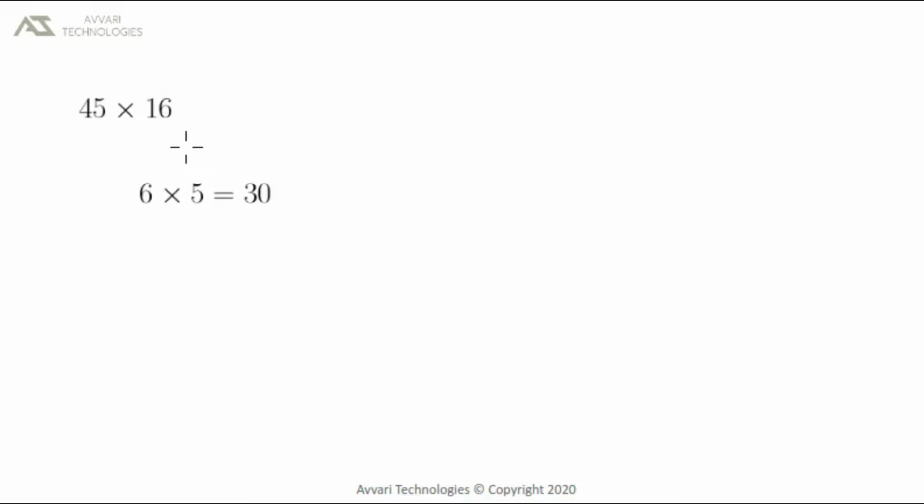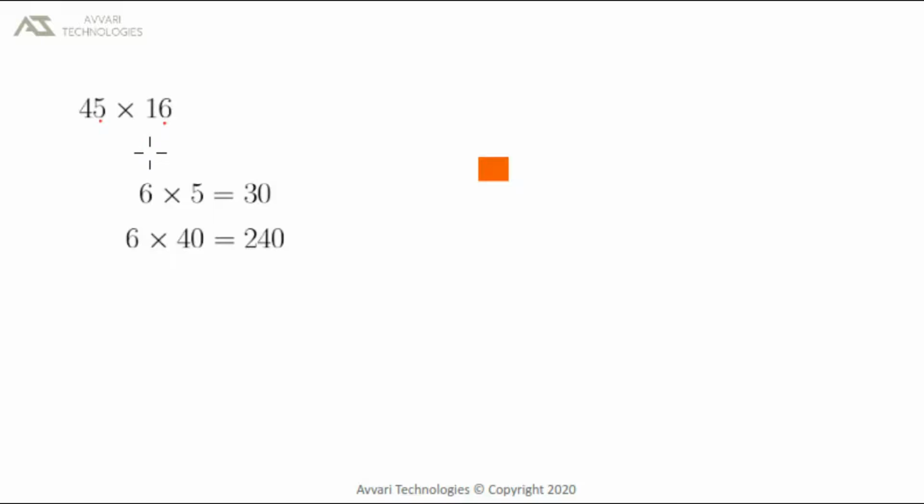Now we will multiply these two numbers. There are multiple ways of multiplying two numbers. One way of multiplying is we will multiply the unit place with these two numbers. Next we will move on to the 10th place. Again we will multiply these two numbers. So 6 into 5 is equal to 30. Here we drew a rectangle of width 6 and height 5. 6 into 5 is equal to 30.